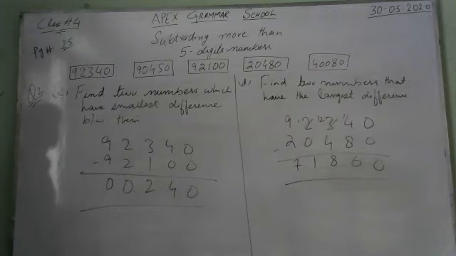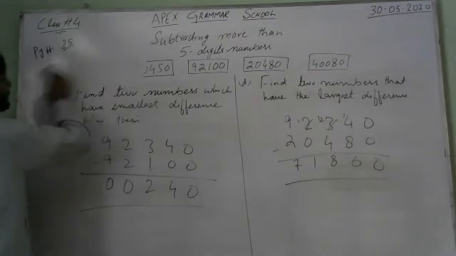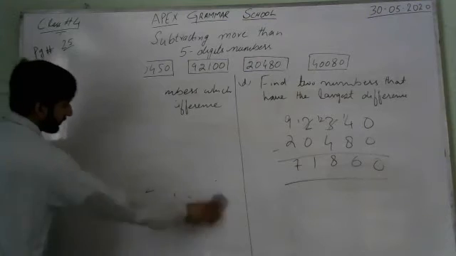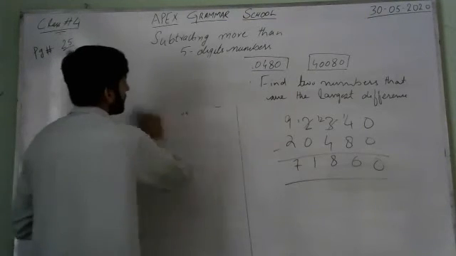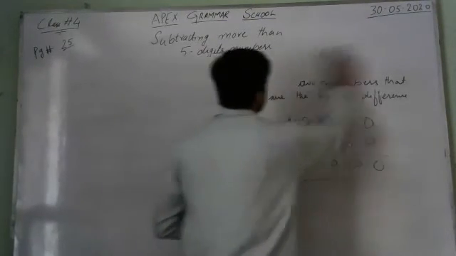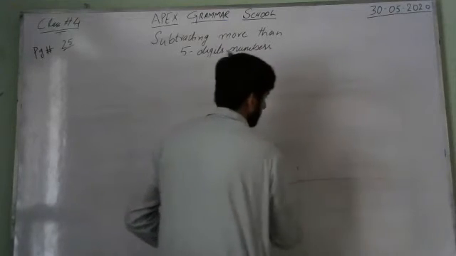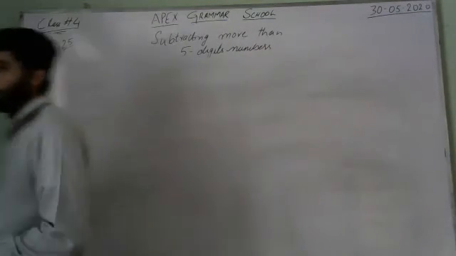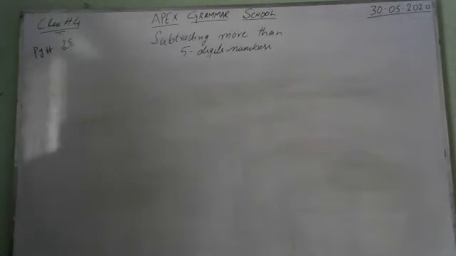Now moving on to page number 26. A table is given to you in question number 1, page number 26. In this table, 4 different farmers and their cultivation of cotton in 2007 and 2008 is given. Horizontally and vertically, at the last, we have to find out the total, meaning the sum of total values. This table will be solved by yourself. I am going to solve part A.